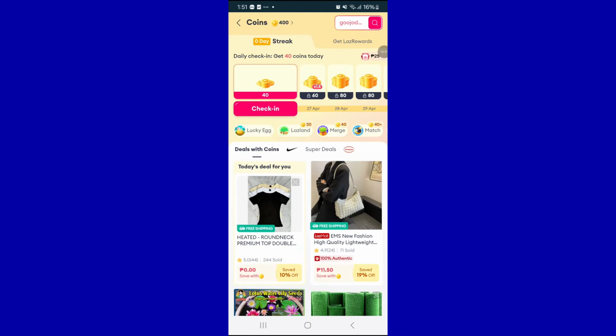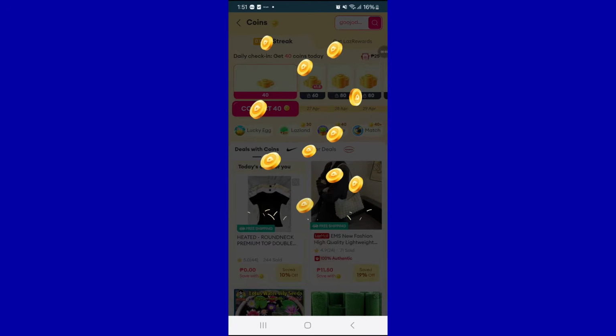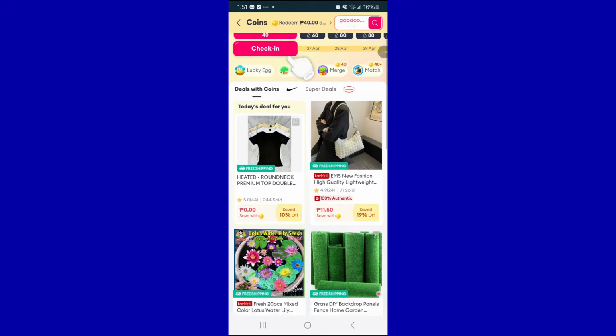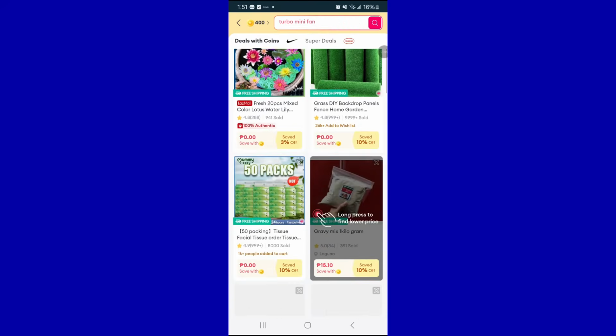And now that you're here, you can see that there are a lot of ways for you to earn your coins. You just have to see. You can play games, or you can also create a streak to earn your coins. So you just have to scroll down